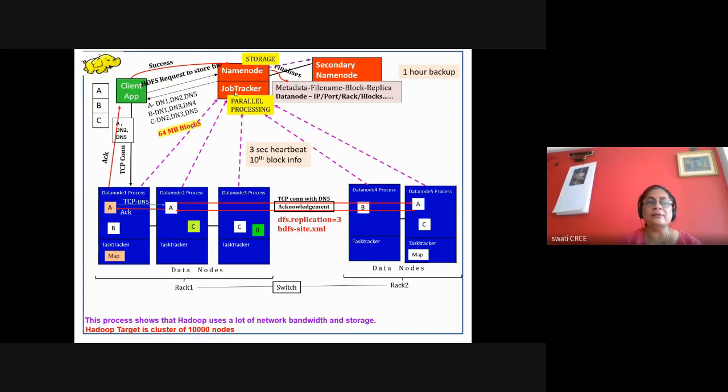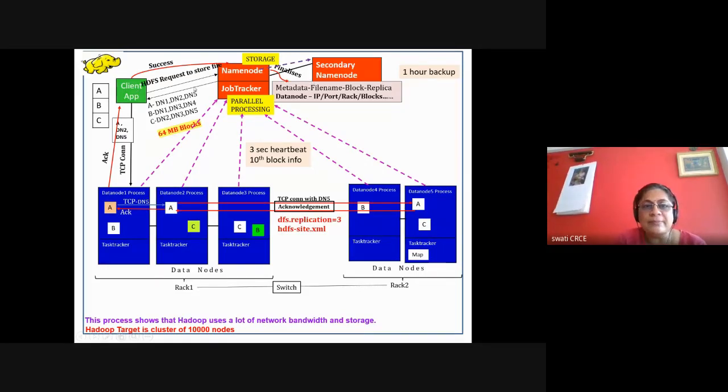Now job tracker will look into the job and understand that there is a map task and a reducer task. It is not compulsory that job tracker and name node should be on the same machine. For simplicity, I have shown it on the same machine. It can be on the same machine, but it is not compulsory. In the real world, with a big cluster, you will have one machine with name node and one machine with the job tracker.